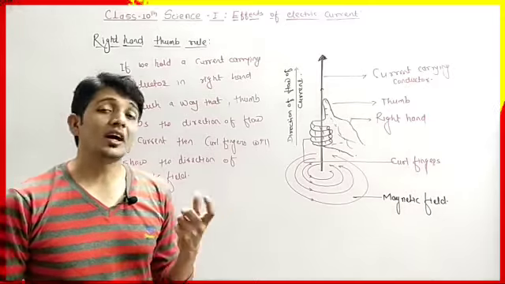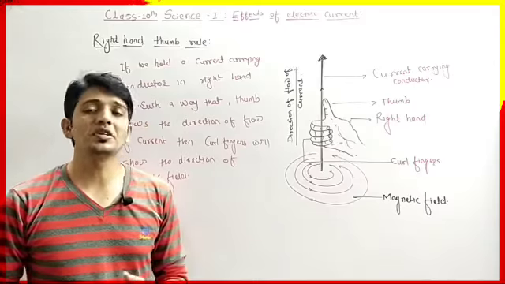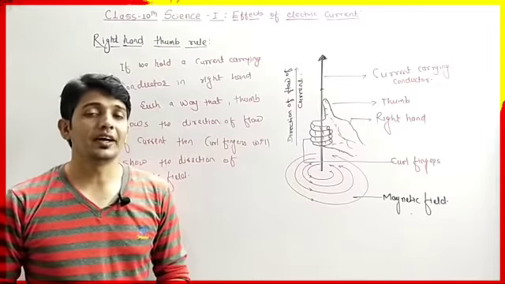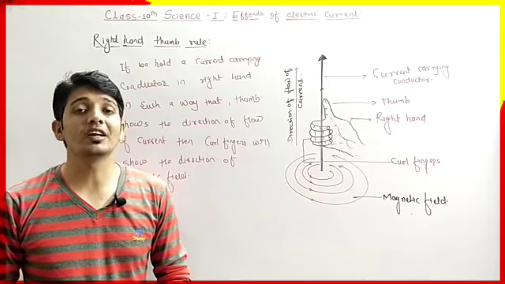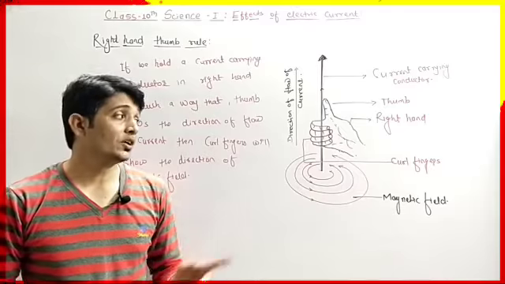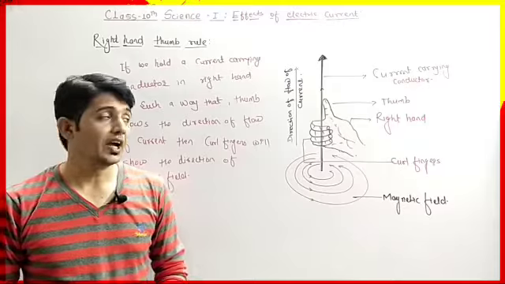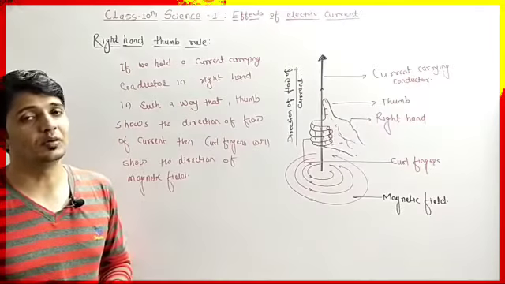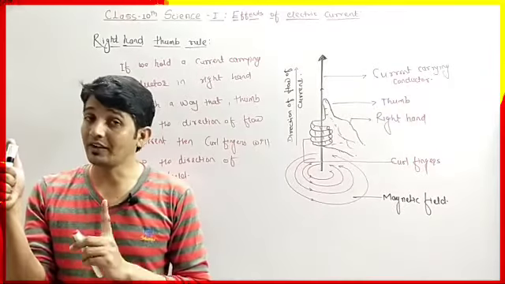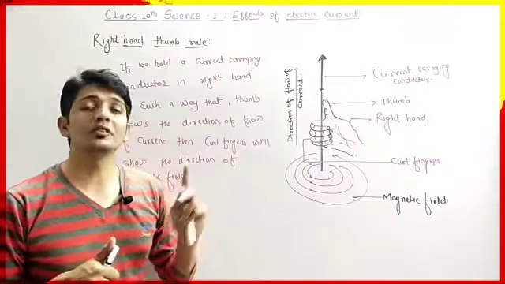Many electronic devices work on the same principle. We have different applications of the right hand thumb rule in designing different electronic devices. We will learn this in the next part of the video. This is the diagram that you have to draw once or twice so that you get perfection, and this is the statement of the right hand thumb rule. Just hold the current carrying conductor in your right hand, then you will see how the statement is to be written.